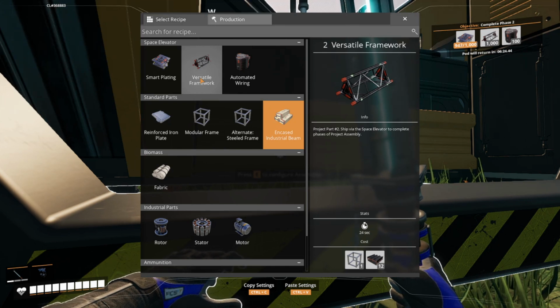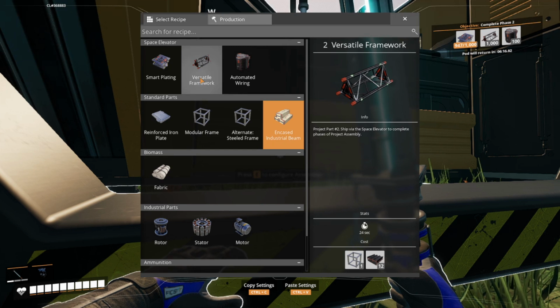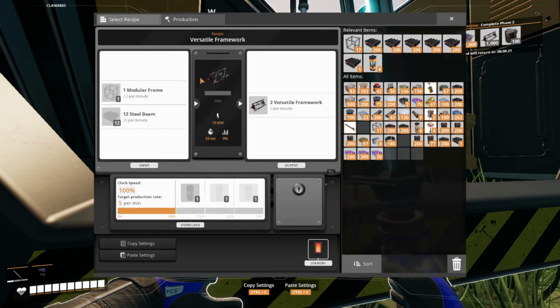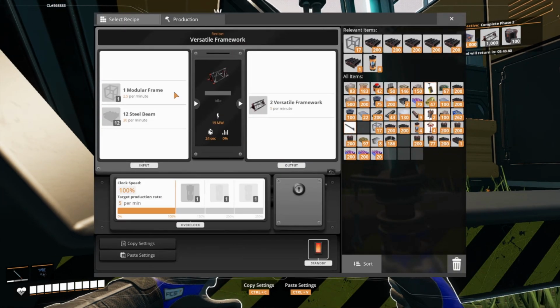One modular frame, 12 steel beams. And we need 1,000 of them, so that's 12,000. Oh, good grief, 12,000. Wait a second. How many of those are made at a time? 2. Alright, let me think here. So it's only 6,000 steel beams. We need a lot of steel beams for something. I didn't think it was this. Oh, and